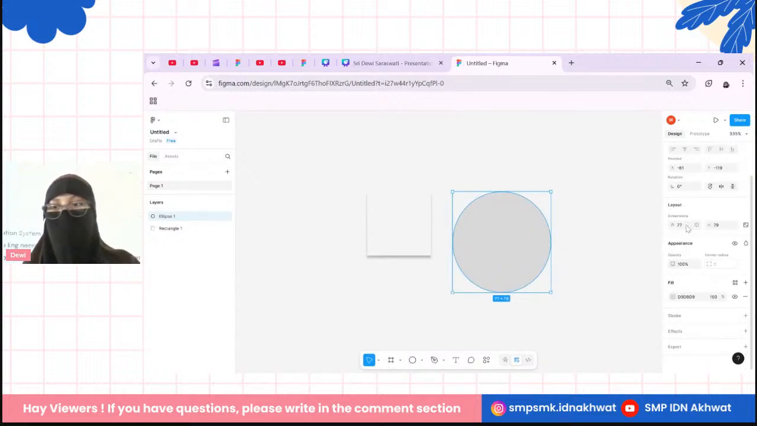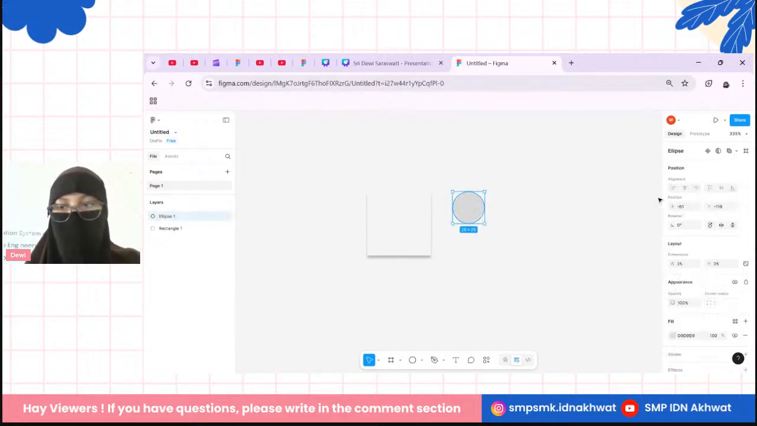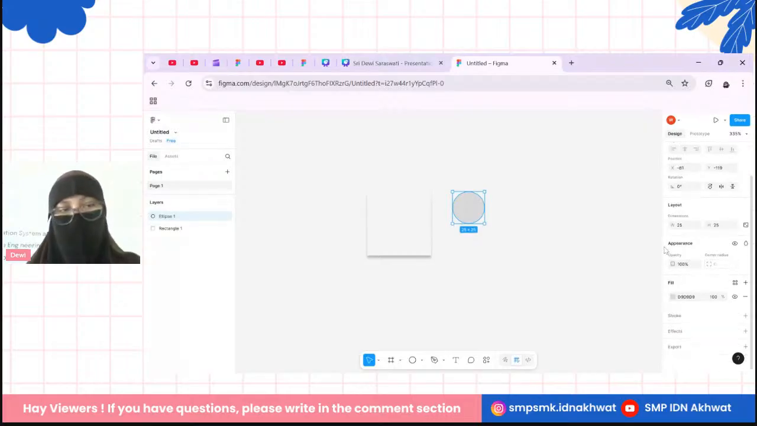And next, you guys can change the height and width to 25 by 25. It'll show something like this. And next, you guys can just do the same tutorial as the rectangle, but without the background blur effect, sorry. So we'll just move on to make the fill 1%,